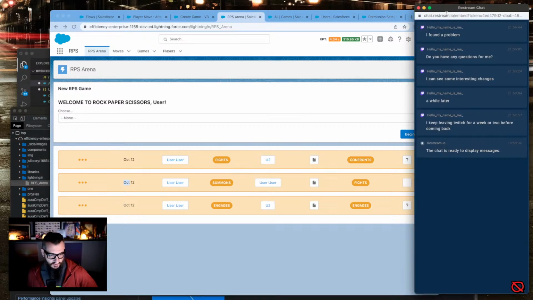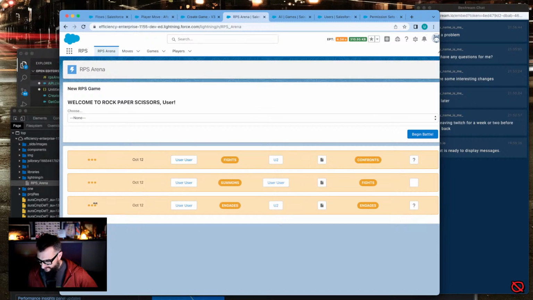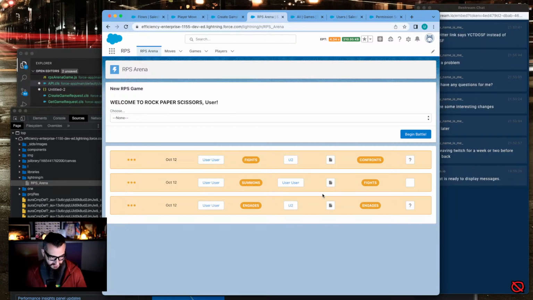But for now, oh hey, hello, my name is me. Just in time to wrap up here. So we got some UI going on: rock, paper, scissors, different colors for different statuses. Everything looked good until I added a second game, which seems to turn it into a third game, which I'm pretty sure is just some function of